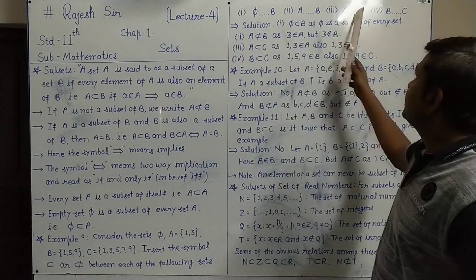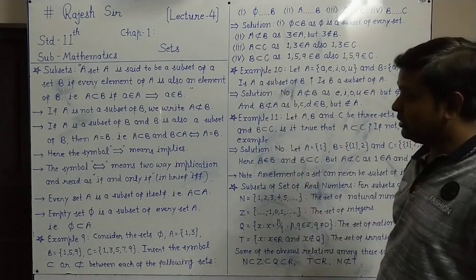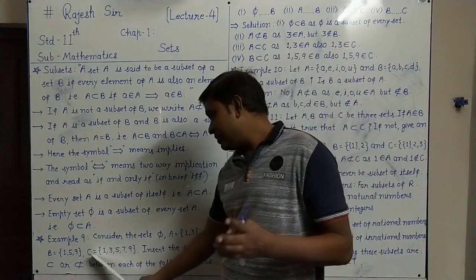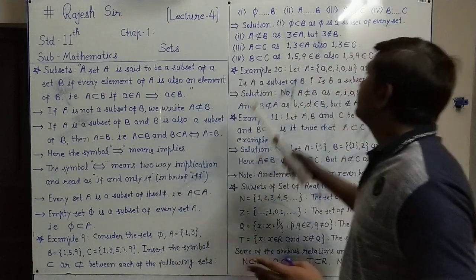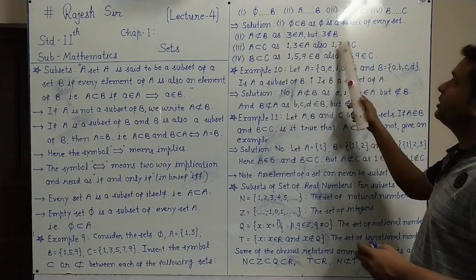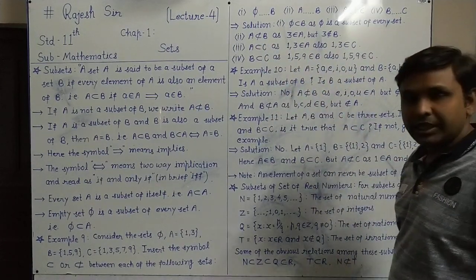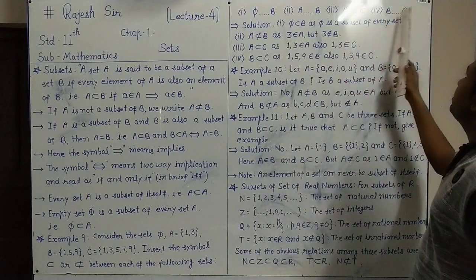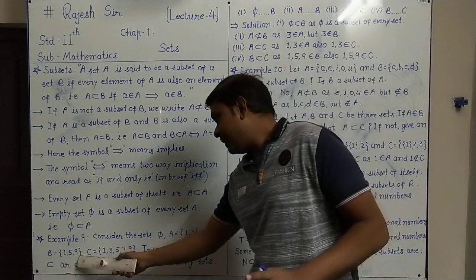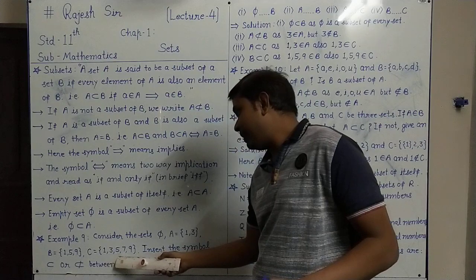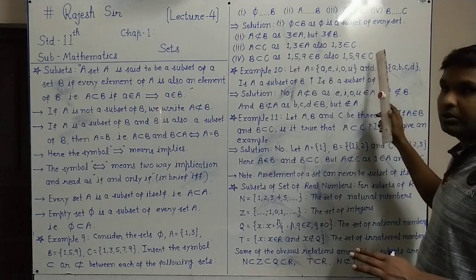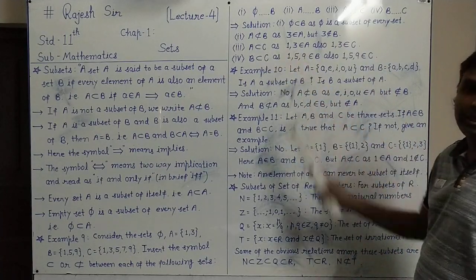Now A and C, third number. Between that, A is a subset of C. Why? Because in A there are 2 elements, 1, 3, and both the elements are in C also. 1, 3 belongs to A, also 1, 3 belongs to C. So A is a subset of C because every element of A is in set C. Similarly, between B and C, the subset sign will come because in B, how many elements are there? 1, 5, 9. And these all 3 elements are in C also, 1, 5, 9. That's why, as 1, 5, 9 belongs to B and 1, 5, 9 belongs to C also, every element of B is present in C, so B is a subset of C.